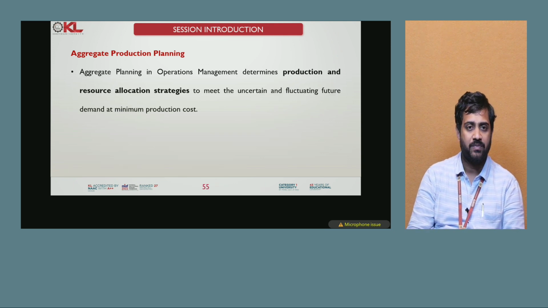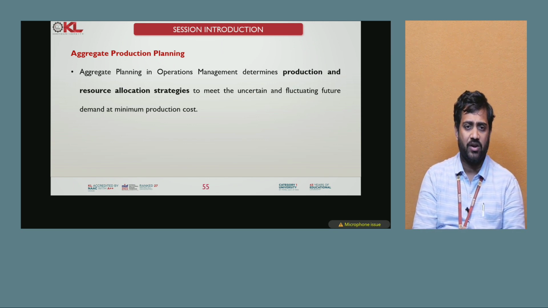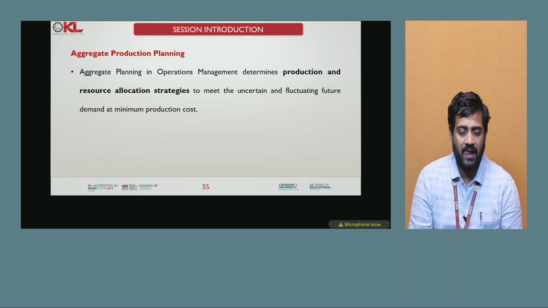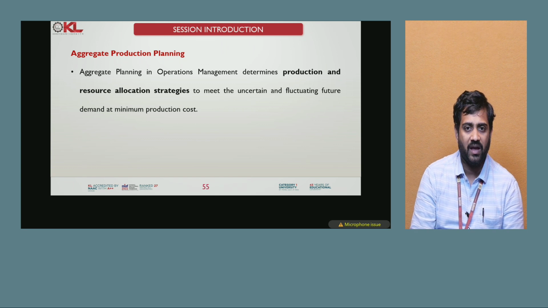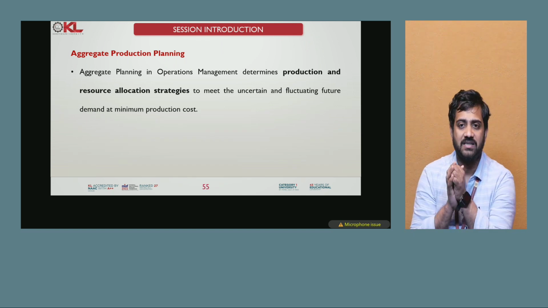So coming to the introduction, let me give you the simple definition of aggregate production planning. In operations management, aggregate planning is what determines production and resource allocation strategies to meet uncertain and fluctuating future demand at minimum production cost. At a minimum cost of production, to meet the uncertain, volatile and fluctuating future demands, how to